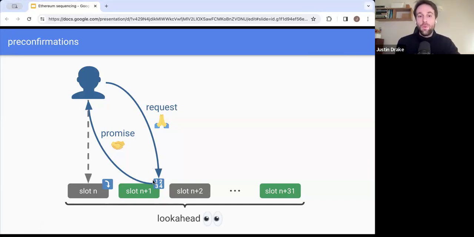And once the user has this promise, then that transaction can actually be settled and included in the next slot, in slot N. So even though slot N is not a sequencer, it is an includer, and it can include and settle immediately transactions that have been preconfirmed, so long as you have the full list of transactions that have been preconfirmed prior to this one promise.